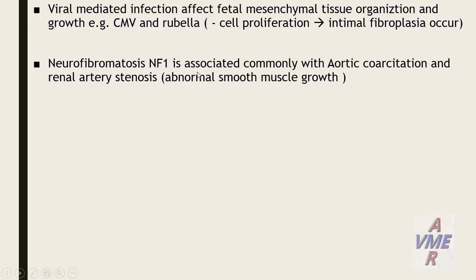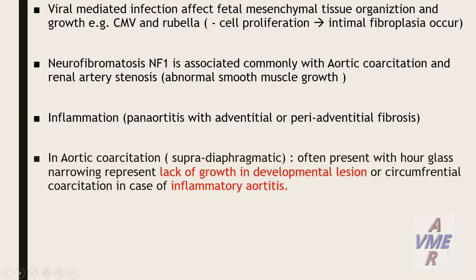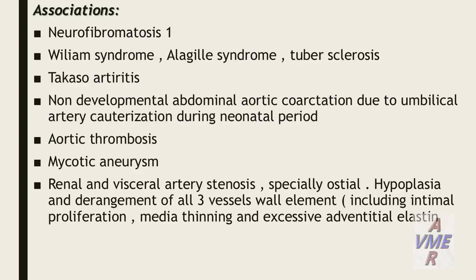We have neurofibromatosis association with abnormal smooth muscle growth. We have inflammation, pan-aortitis with adventitial or peri-adventitial fibrosis. And in case of supradiaphragmatic aortic coarctation, the etiology is either an embryologic growth defect or inflammatory aortitis. So the associations are the following: